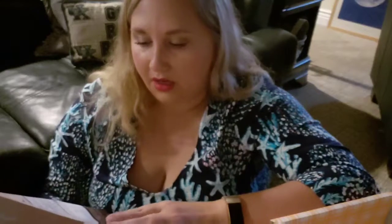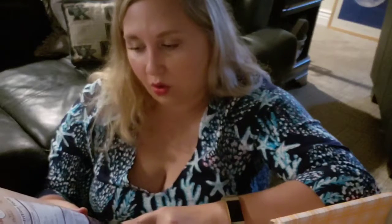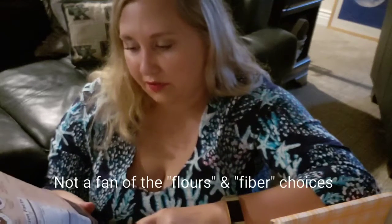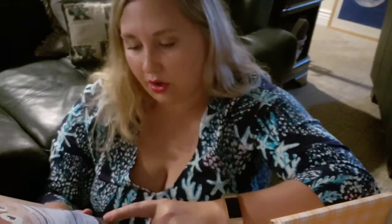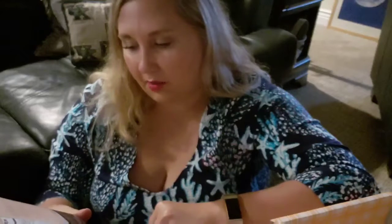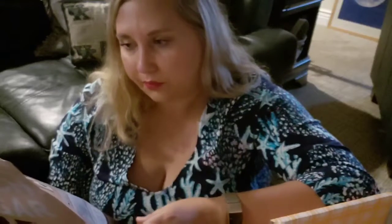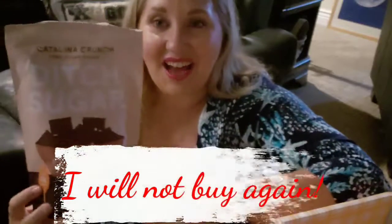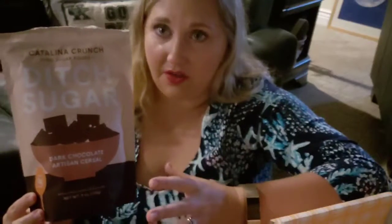up throwing it away. This says that it has pea protein, potato fiber, corn fiber, chicory fiber, acacia fiber, agar gum, tapioca flour, sunflower oil, cocoa, baking powder, sea salt, calcium carbonate, natural flavors, stevia, vitamin E, mixed with some other things. This was not for me. I'm glad that I got it in my Keto Krate and I did not spend the extra money on this,